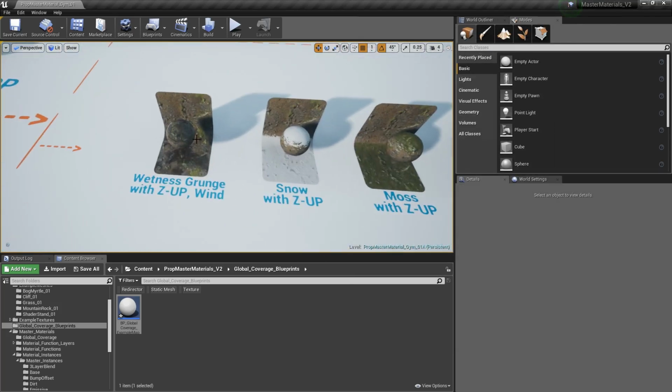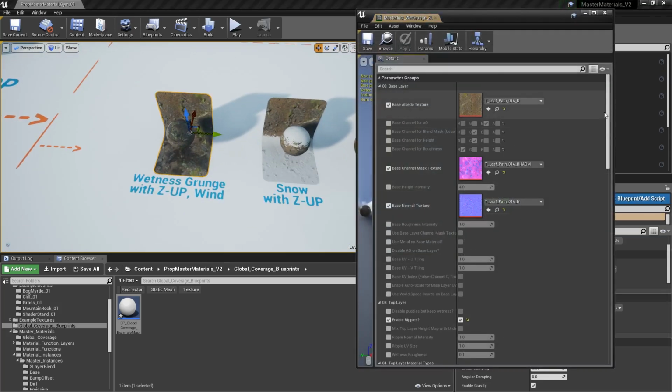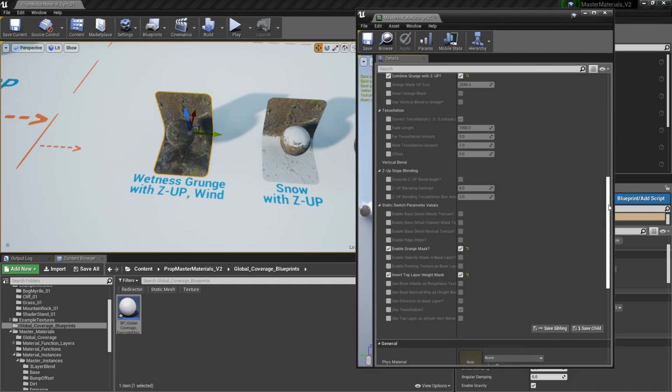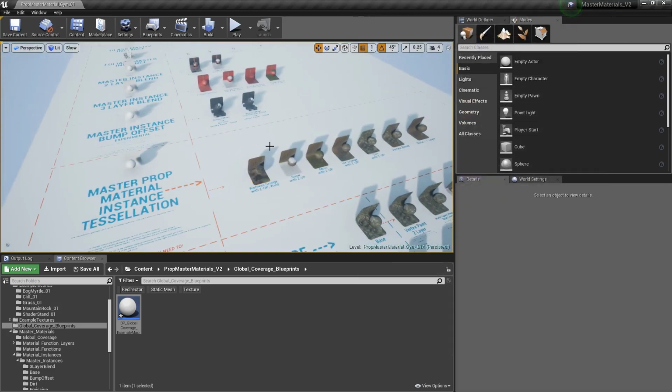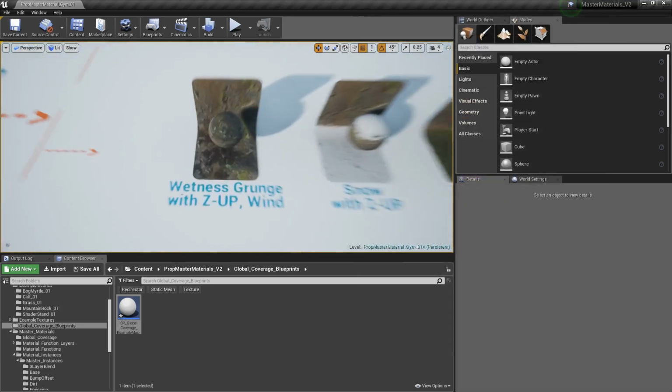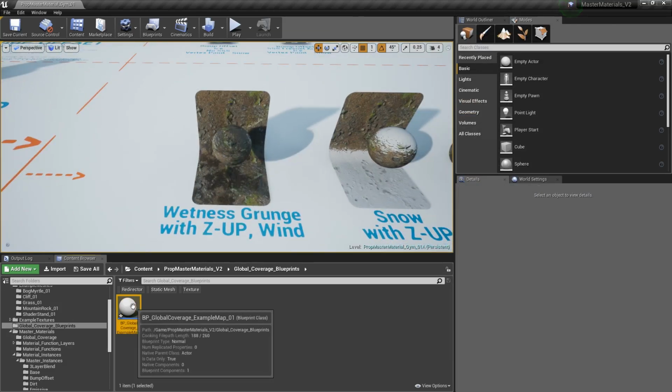And inside of the Tessellation, you can manually change. There's a couple different extra options. Like you can change the channel that you use for your height mask. You can change your height intensity. But everything else should be pretty much the exact same. So let's close that. And also one more thing is in my blueprint,